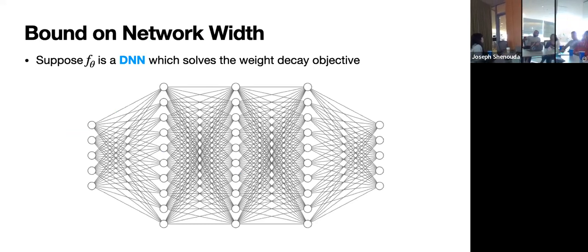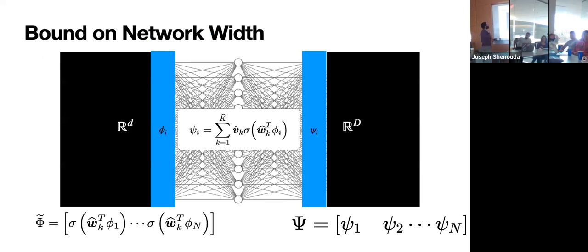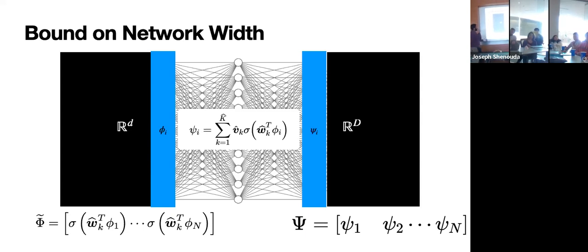And let's suppose that it's any kind of architecture you could want, but we're going to zoom in and hone in on just one arbitrary homogeneous layer in that neural network. So I have a homogeneous layer, which takes me from some representation in R^d to another representation in R^D. And the way I do this input-output mapping is by taking this sort of weighted combination of representations learned in the intermediate layer, right?